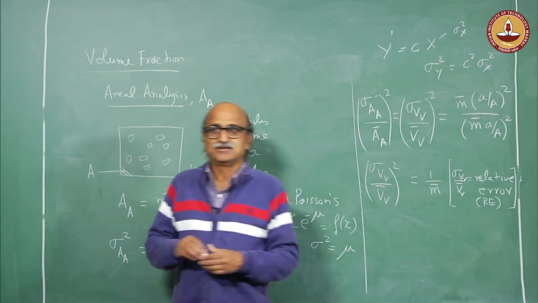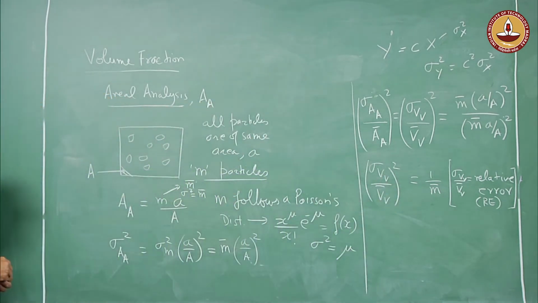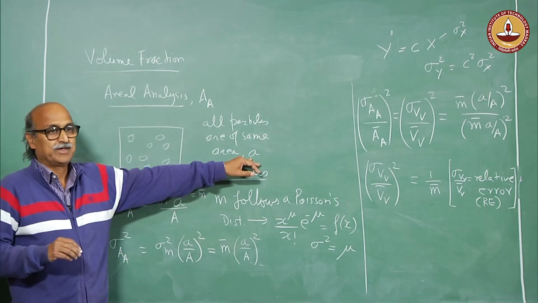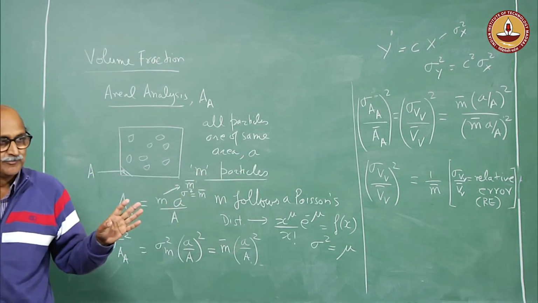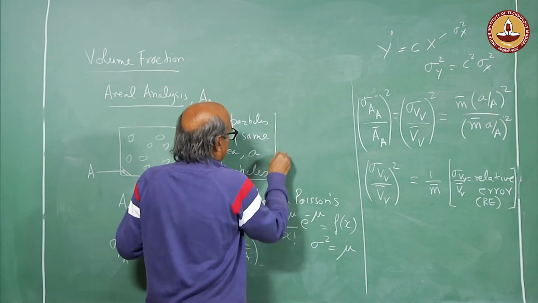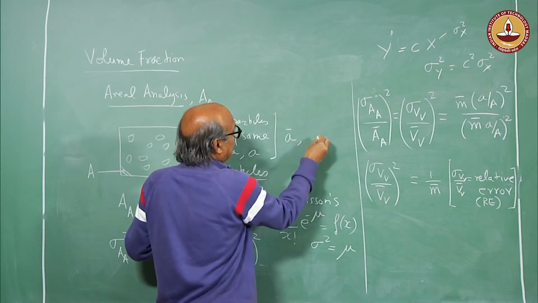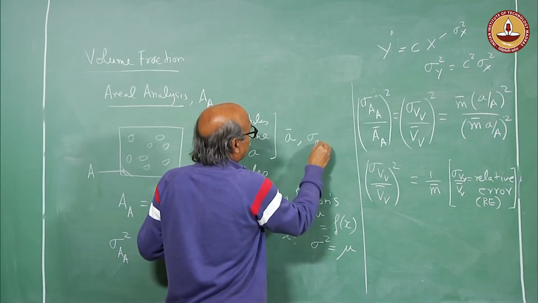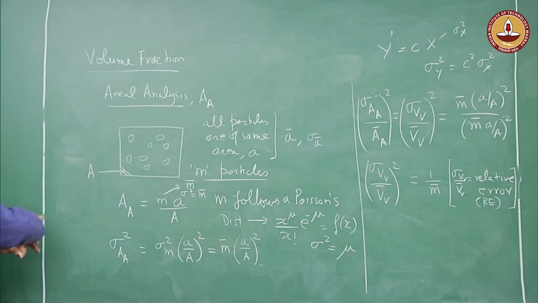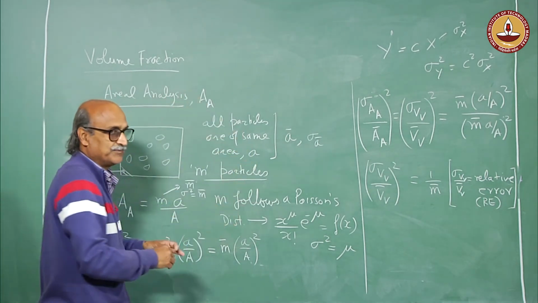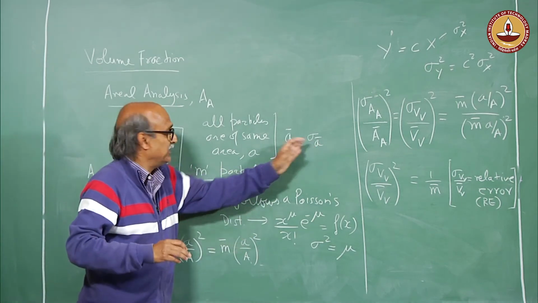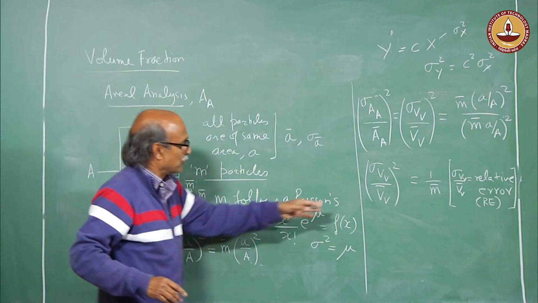What I started with, I assumed that all of these particles had the same area A, but we know that is not going to be true. There is going to be an average area of the particles, and there is going to be some kind of standard deviation. So there is going to be a distribution of areas, and therefore the standard deviation in the areas themselves should also contribute to my error,